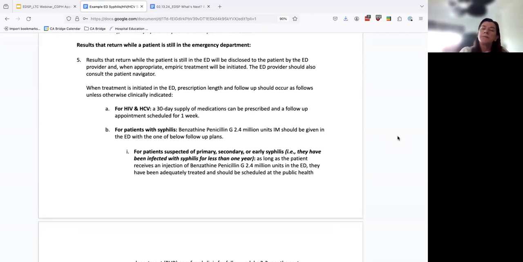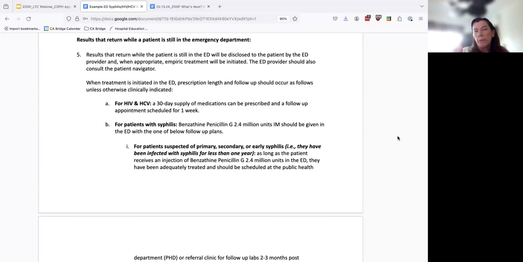Perfect. So the next few steps are what will happen if the results do come back when the patient is still in the emergency room. And that is the goal of this project, that you can set up a situation where the turnaround time on your test results is fast enough that individuals are still in the emergency room. We recognize, even if you set up the ideal setting, that there are going to be patients that leave AMA or patients that get discharged without getting those results. But we'll walk through if those results come in while someone's in the emergency room, and then what to do if it's after they're discharged from the emergency room.